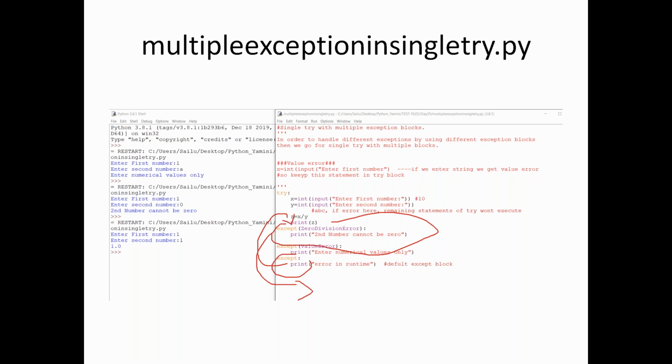Yes, Amar. So do not worry about the positions of your specific statements, they can be in any sequence, but the default one should be in the last position. The system will check whether the error is a zero division error or not. Then it will go to value error or not. Then it will go to some other. So only one clause will be executed and the program is terminated. But when it comes to except, if you maintain the default in the first position, it displays this one for any kind of error. So if you maintain it in the first position, zero division and value error both will not be executed